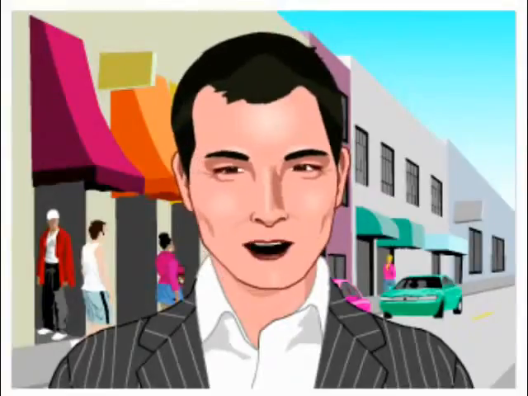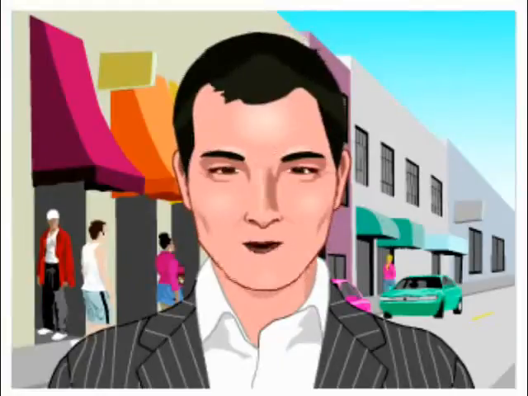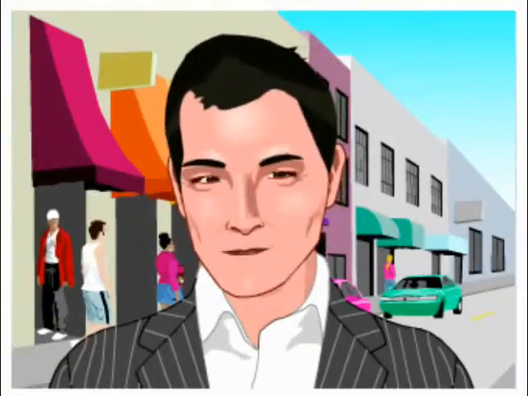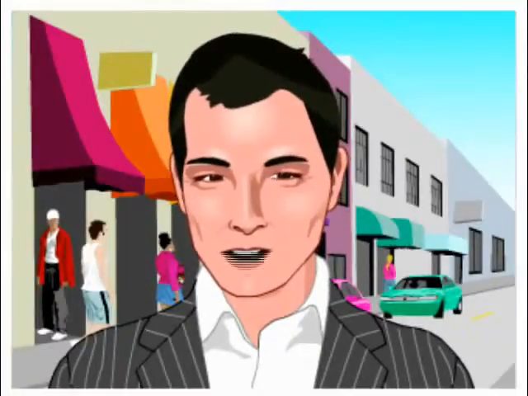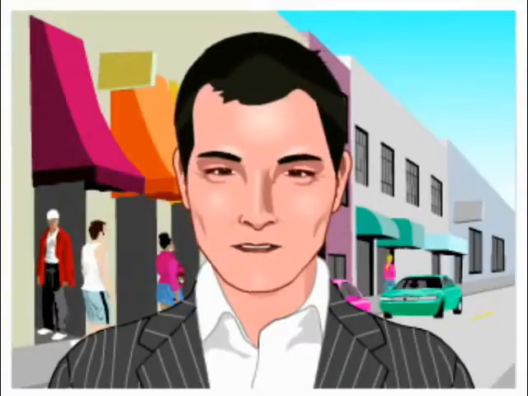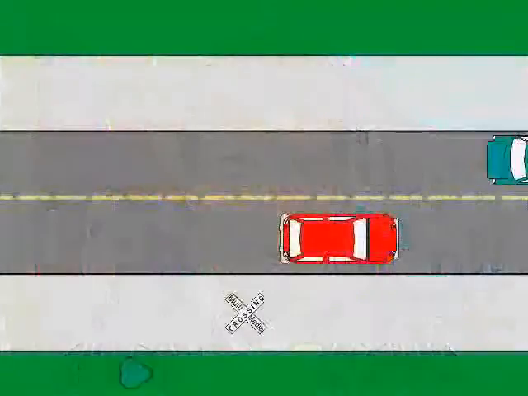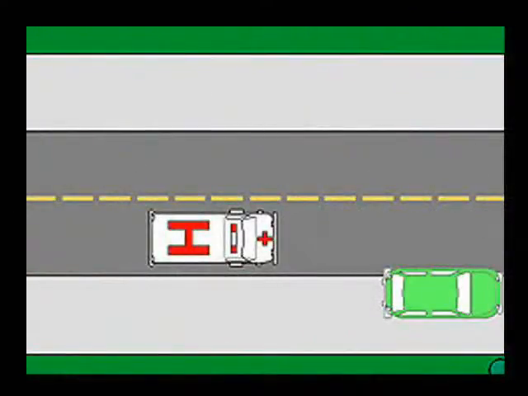If you are not sure who has the right of way, it is safer to yield the right of way to the other driver. It is better to avoid a collision than to insist on having the right of way. Never pass a vehicle that has stopped at a stop sign, traffic light, or crosswalk. Always yield the right of way to emergency vehicles when they have their lights flashing and the siren on. Pull to the right as far as possible. Remain stopped until the emergency vehicle has passed.